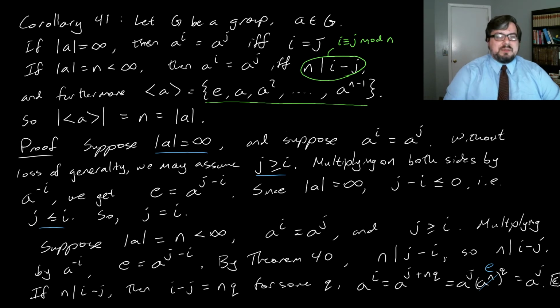So let me actually write that down. For any k in Z, we have that a to the k is equal to a to the r,